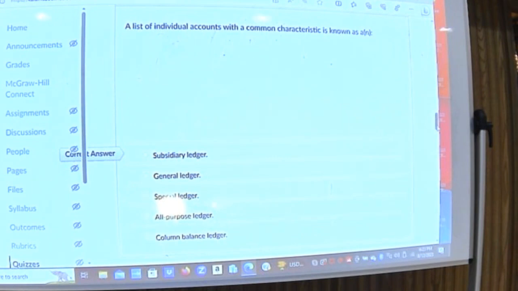Number 5, a list of individual accounts. Keyword there is individual, probably. Individual accounts with a common characteristic. You know that that's got to be a subsidiary ledger. First response. Right here,